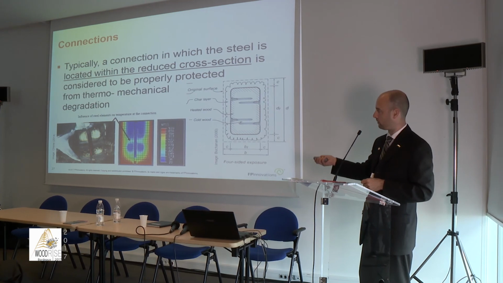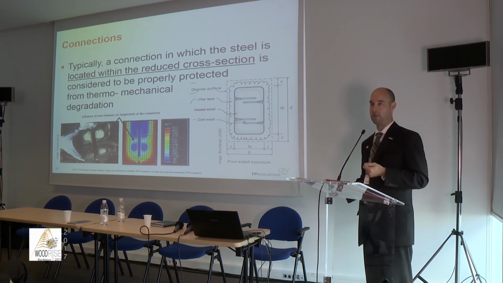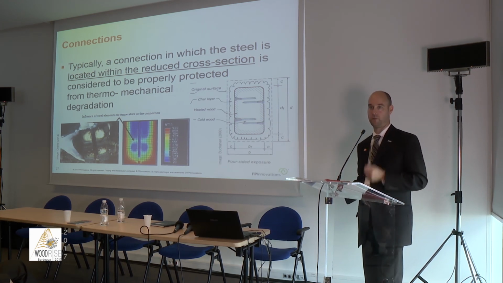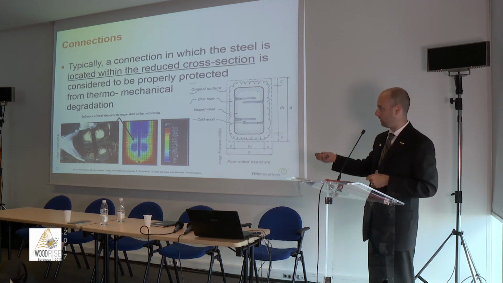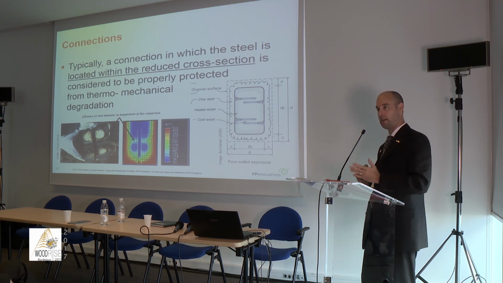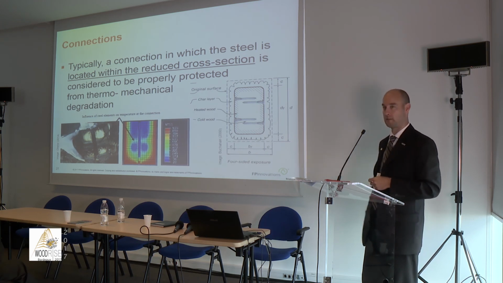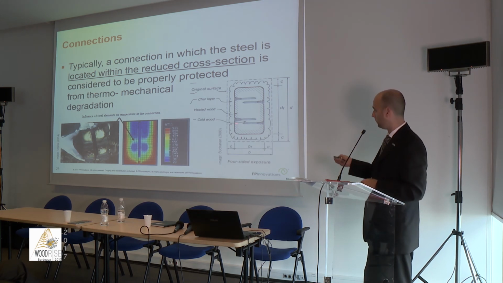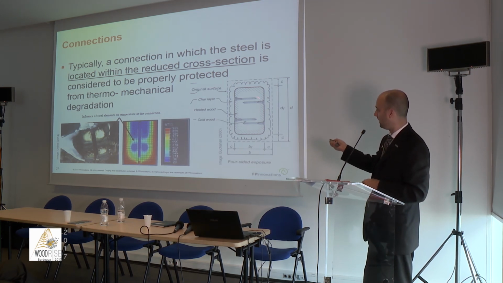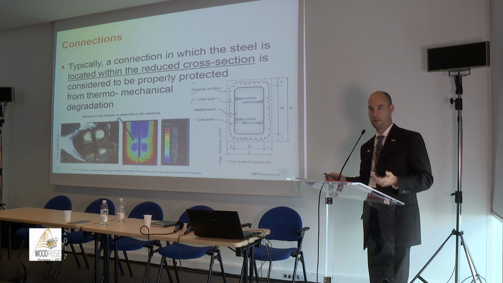You can see that the steel plate was right here, and you had some bolts going through. And this is the simulation using finite element, and you can see that the bolt is inducing some heat through the assembly. So that's why in that case the bolt was outside, but if the bolts were located inside, so in case protected for the required period, we would most likely not have seen this effect inside. So as I say, if your fasteners are located inside the reduced cross section, basically you still have a good and valid connection.